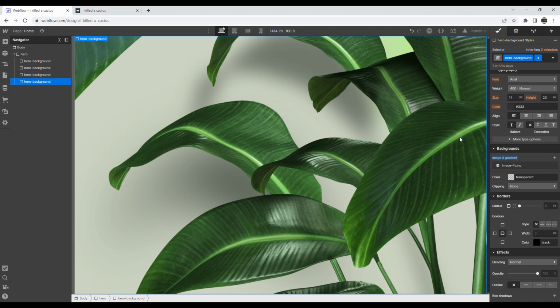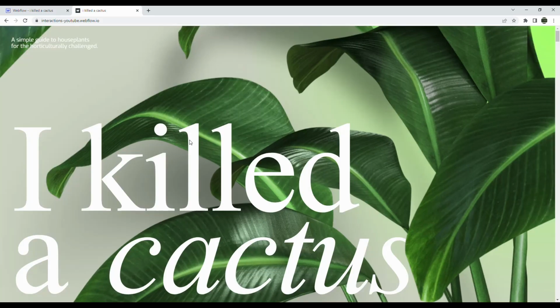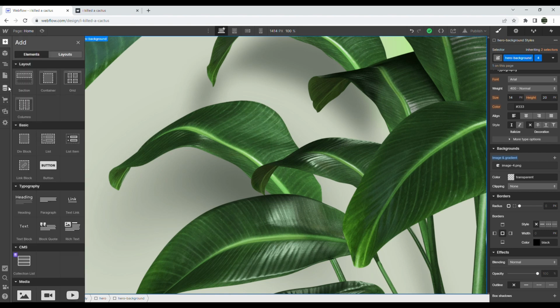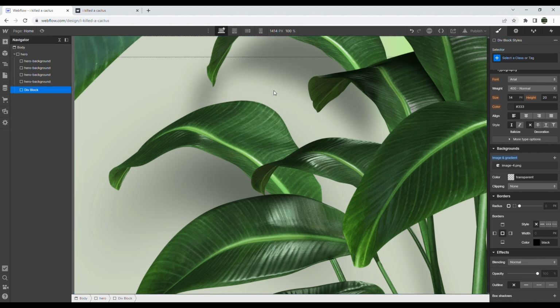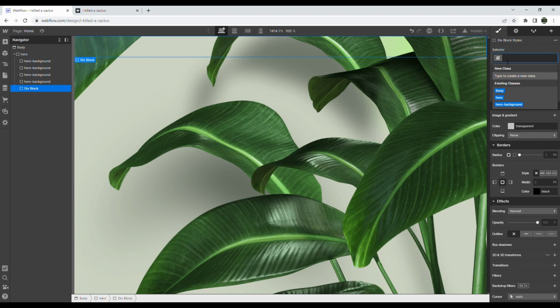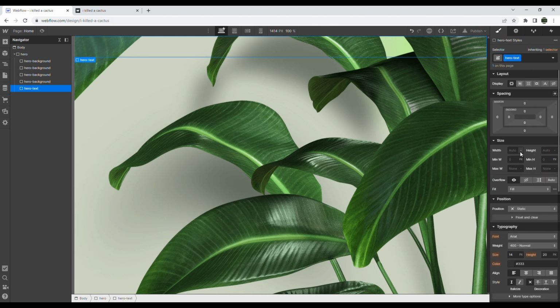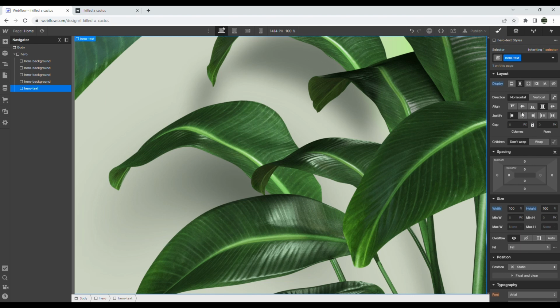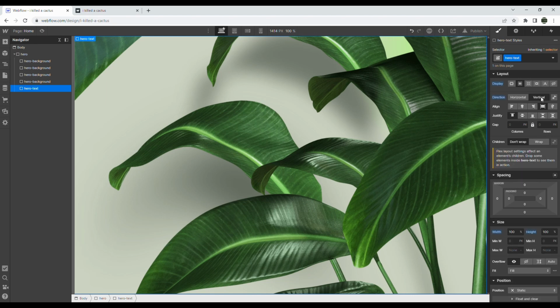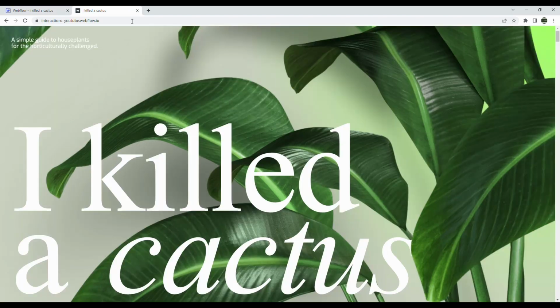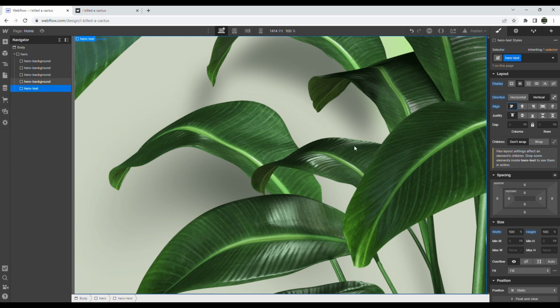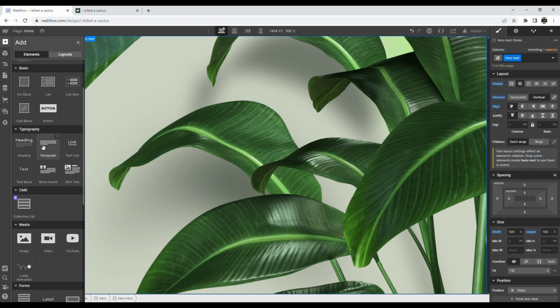Okay, so the next thing that I want to do is to get our text in. So here's how we're going to do that. I'm just going to grab another div, call this hero text. This is going to be, again, 100%, 100%. And it's going to have flexbox attached to it, and we're going to align it vertically. So flex direction, so the direction to be vertical. And I'm just going to align it to the left, because if you notice, it's all the way to the left, right? And then what I'm going to do is just grab a paragraph element,